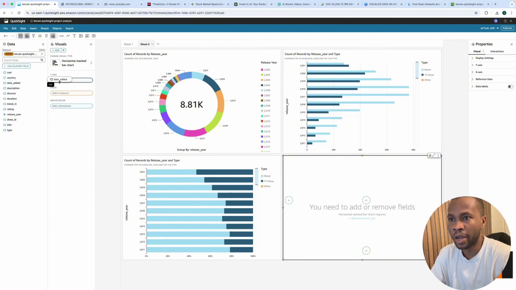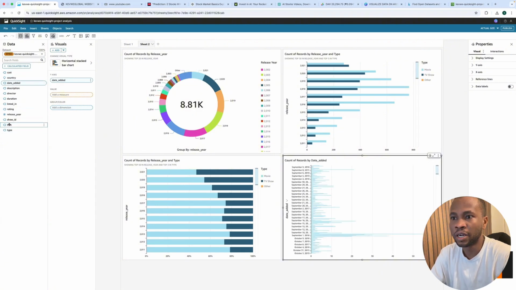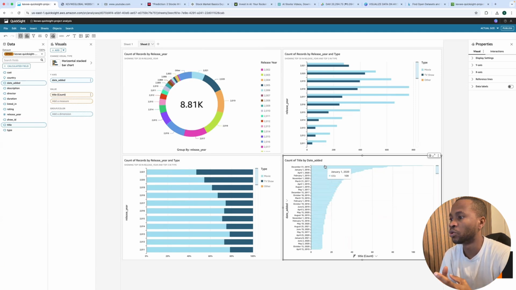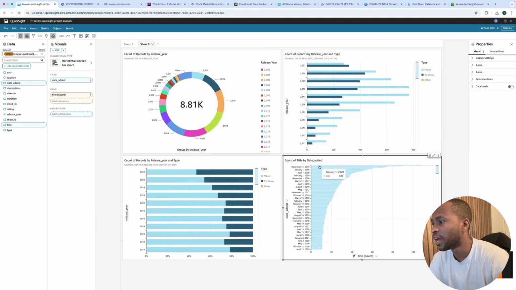Drag the date to the y-axis. Then I'll drag the title to the value axis. So now we can see, in descending order, the number of movies and TV shows that were released every day in 2019. So for this, we have January, we have